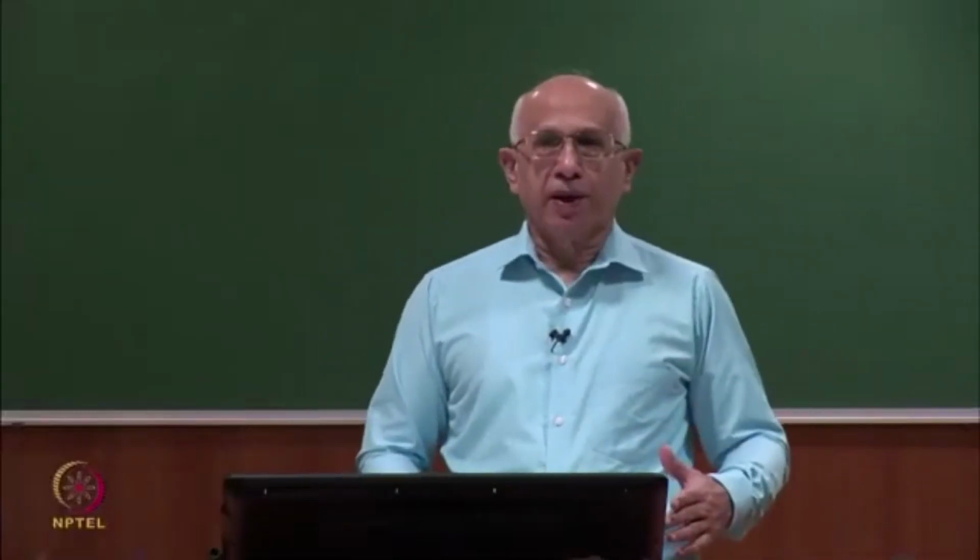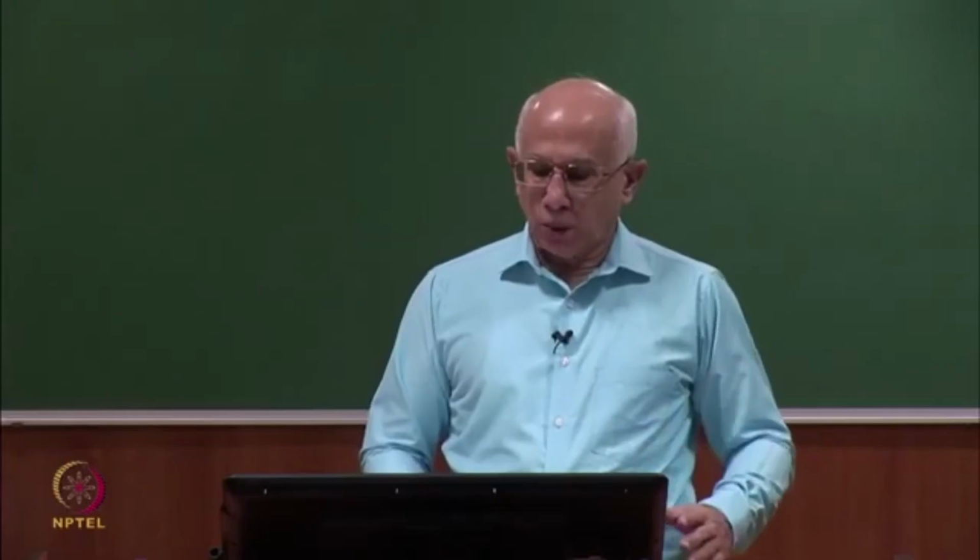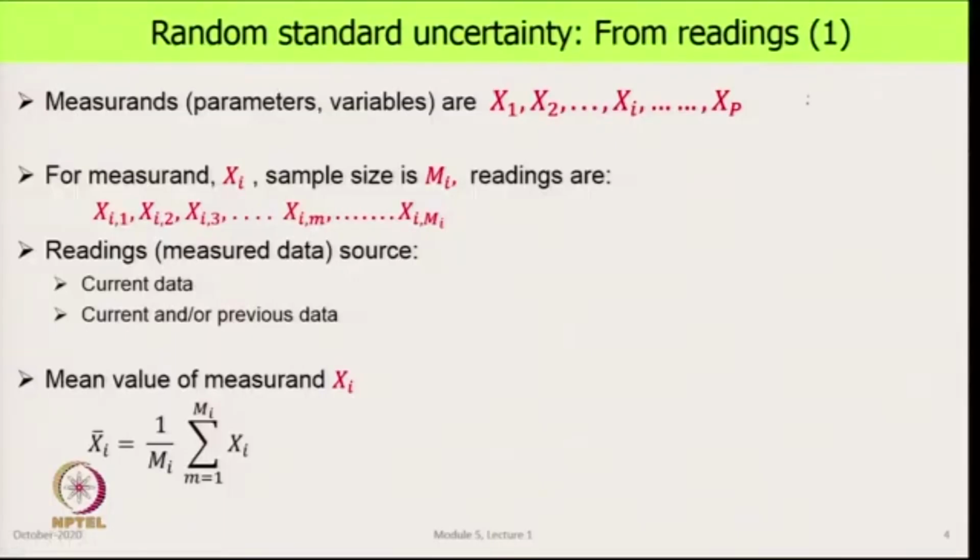Either when you are designing the experiment or you have done the experiment, we have all the measurands listed, and of course, we also have all the result formulae. Then we look at one measurand or one parameter or variable at a time, and we call that x_i,